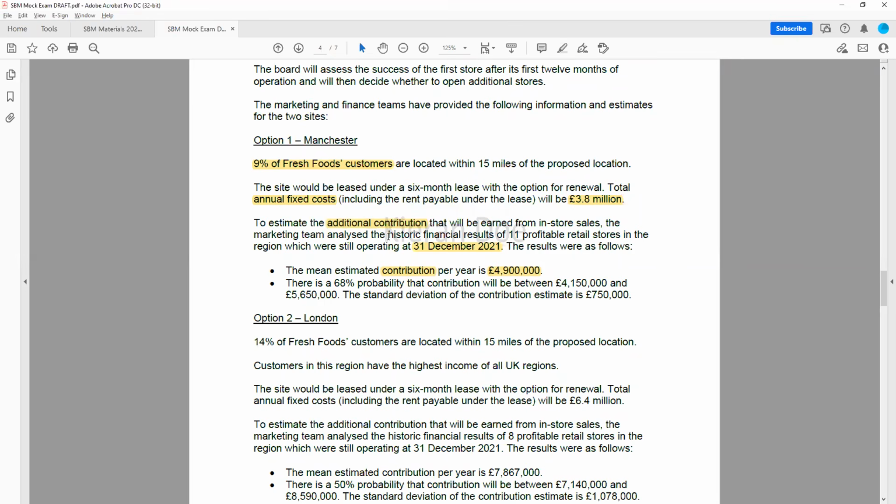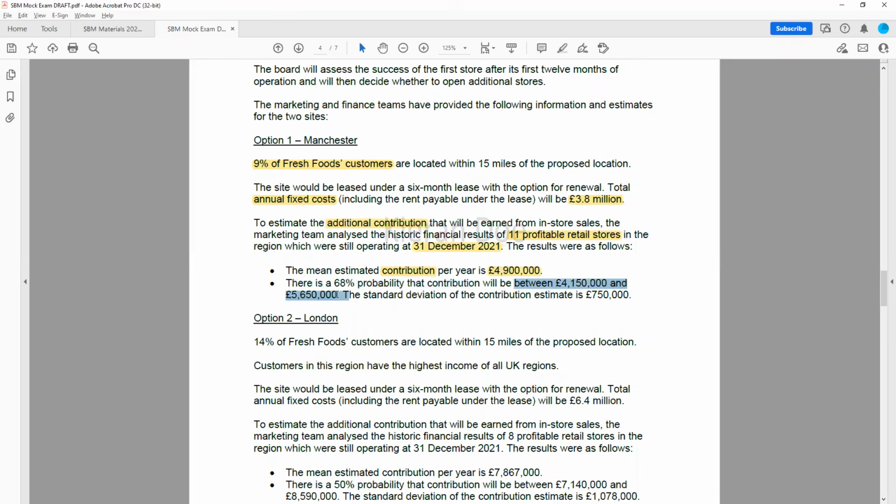The marketing team analysed the historic financial results of 11 profitable retail stores in the region. So we'll come back to this, but we definitely want to be skeptical about some of the data perhaps. Now we're told the estimated contribution is this. Now we're also told there is a 68% probability that contribution will be between